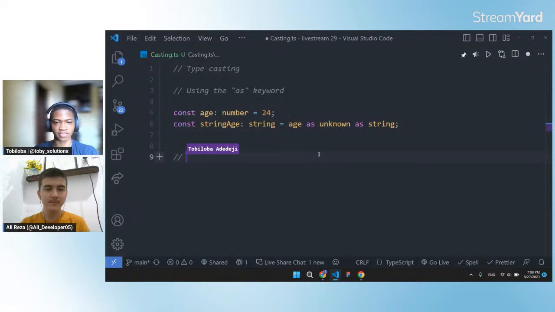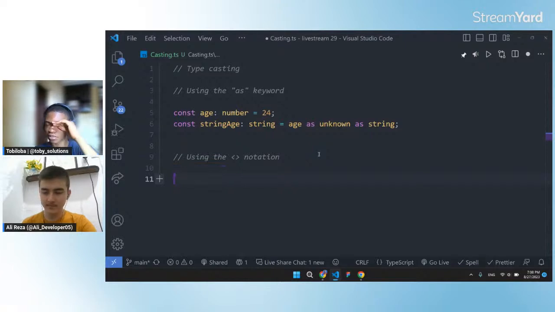So typecasting using angle bracket notation. It's like greater than and less than tag notation. So for example, let's say I declared a variable, maybe an object or something, and I want this object to implement something like a type. So to be able to implement that type correctly for the object,